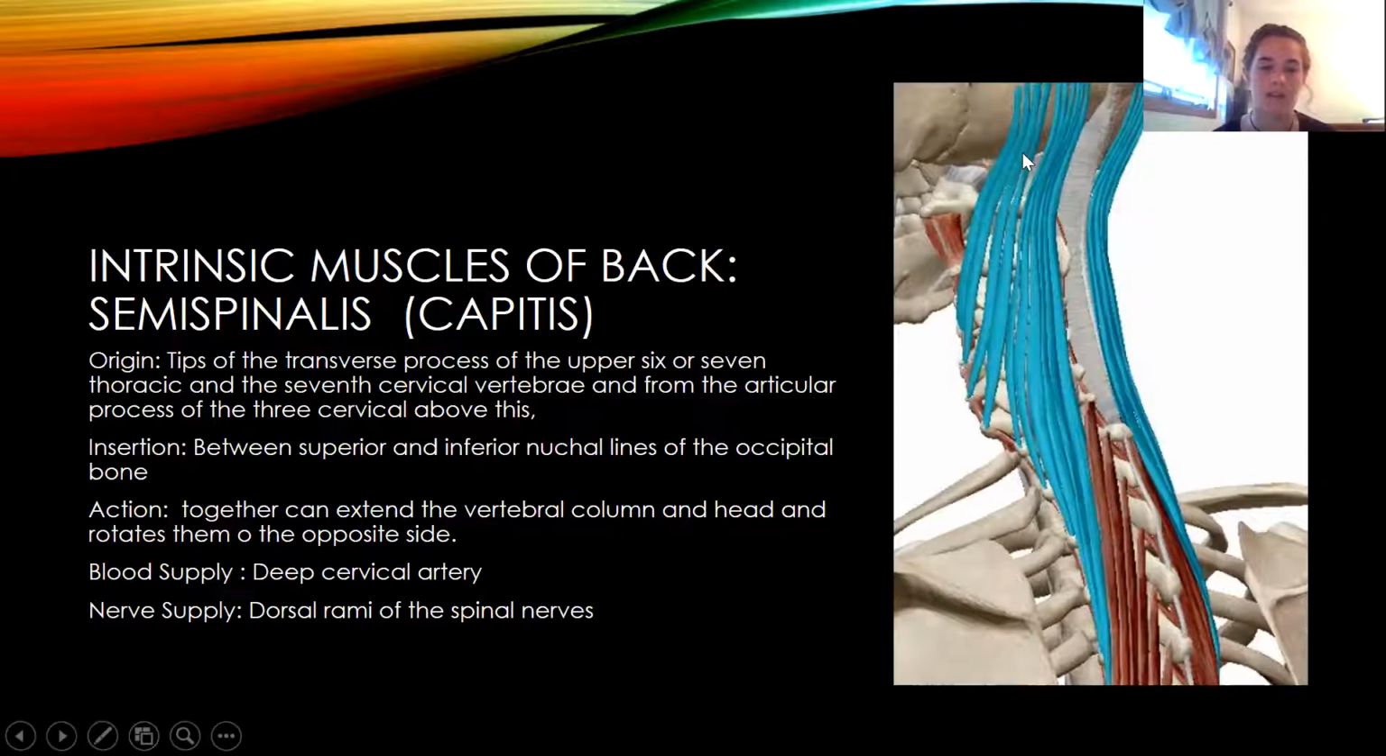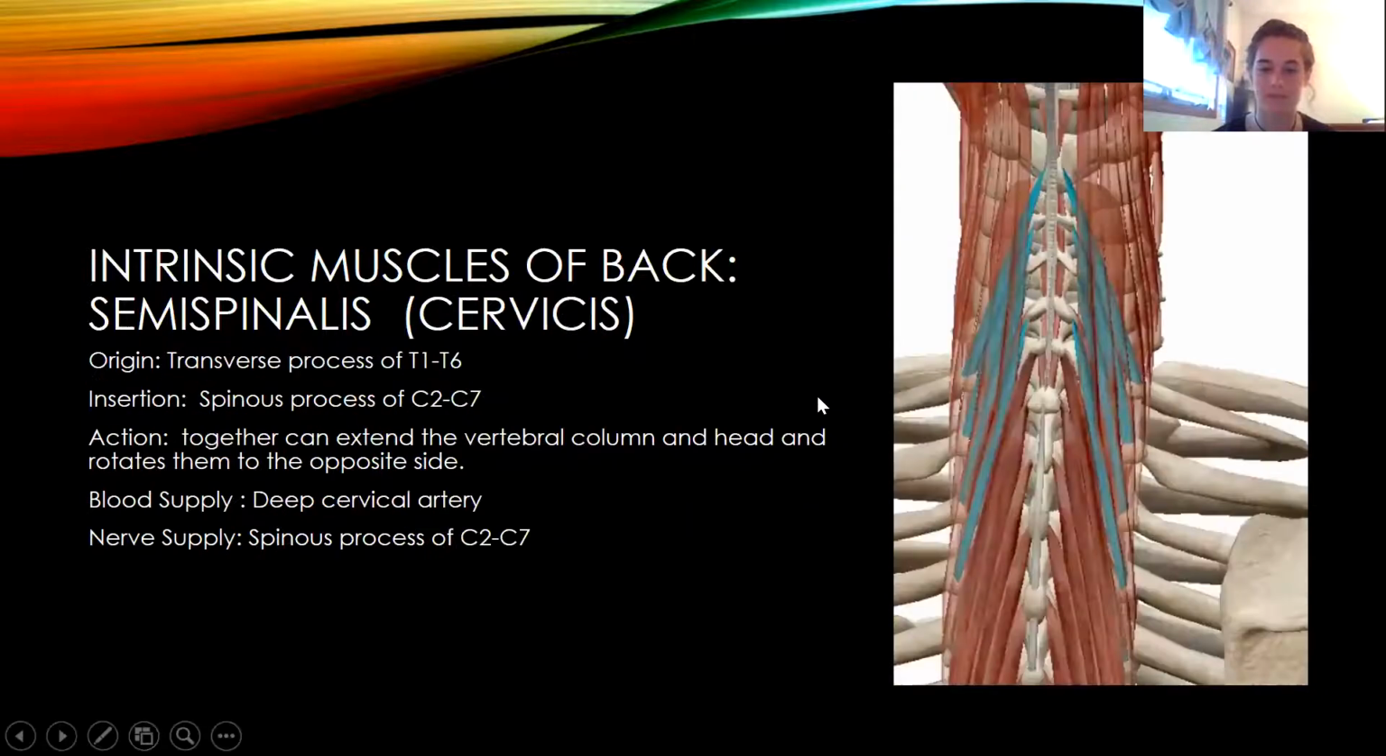And then the action: together the semispinalis can extend the vertebral column and head and rotate them to the opposite side. The blood supply is the deep cervical artery. Nerve supply is the dorsal rami of the spinal nerves as well. All right, and then next up on the semispinalis is the